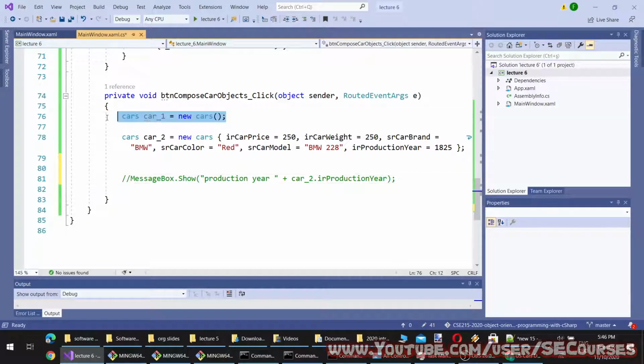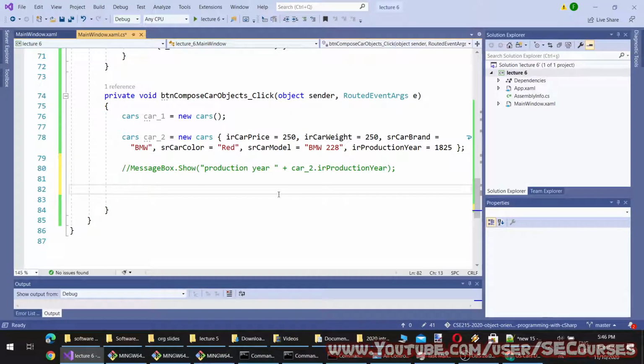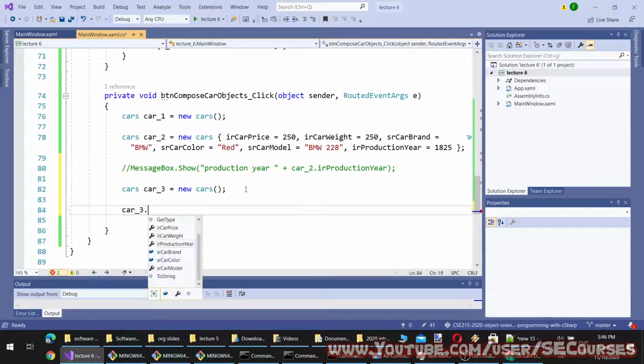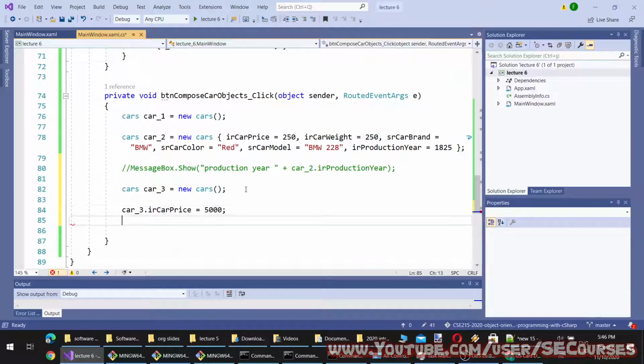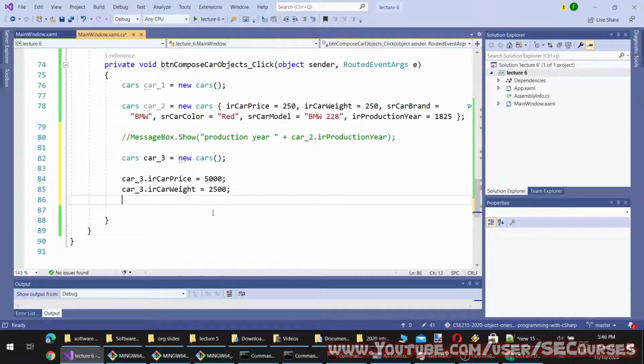So let's make the third way of assignment to let you learn. And I can set the values of car 3 like this. Okay, 5,000. Car weight equal to 2,500.